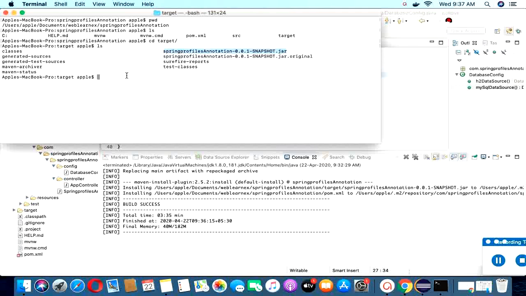I need to deploy this jar on the test environment. So java -jar, then the jar name, this is my jar name, copy and paste, and then double hyphen spring.profiles.active equal to whatever environment you want. Let me deploy on the test environment.